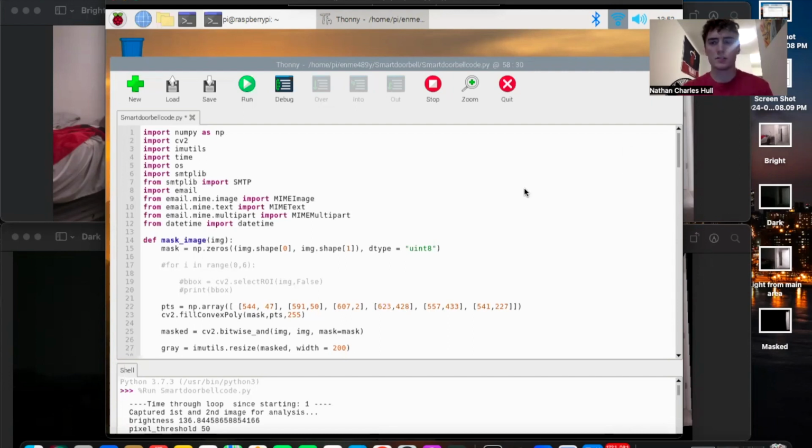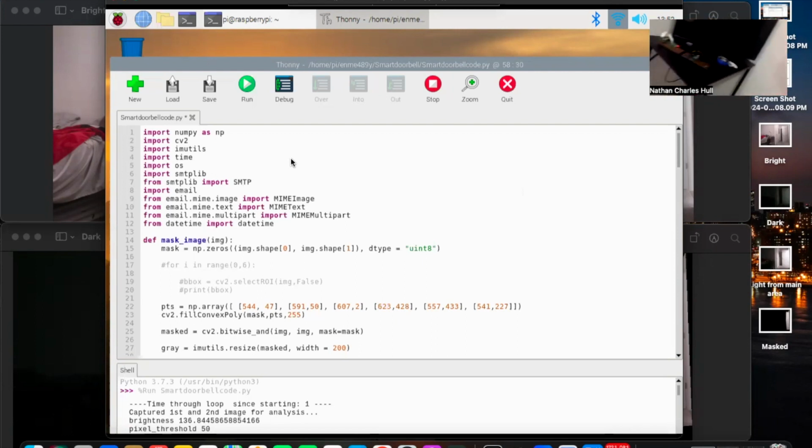So overall, there are many things from the class lectures that worked for my smart doorbell detection, but there were also a few minor changes along the way. So first, to go over my setup,